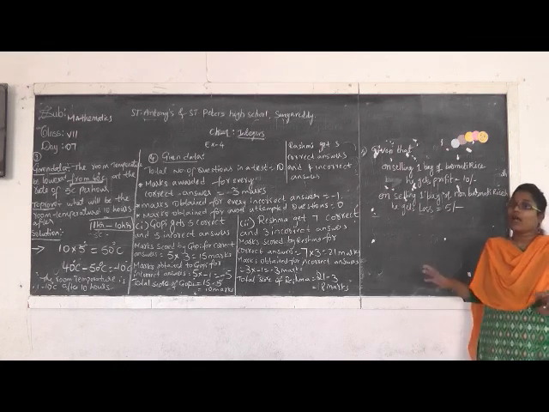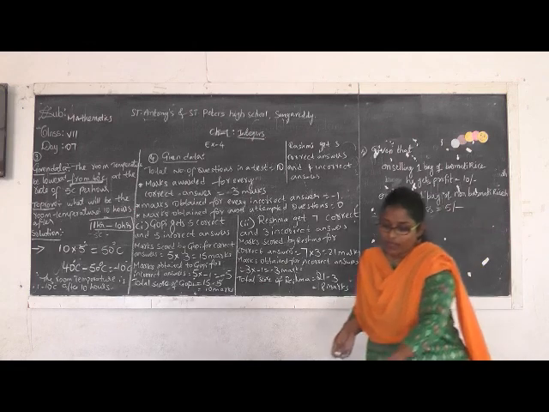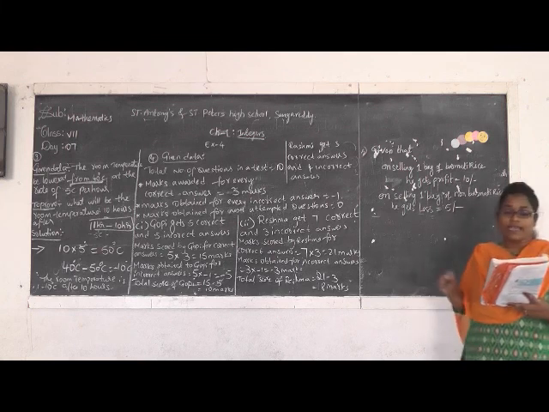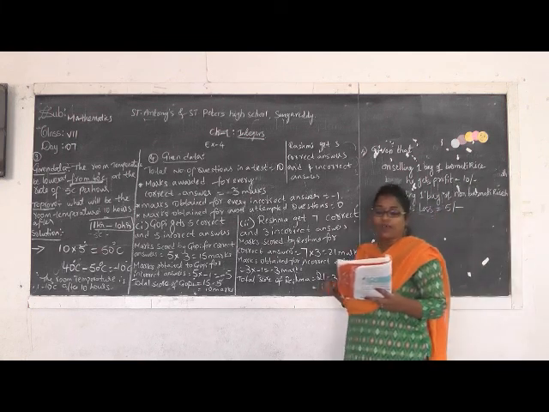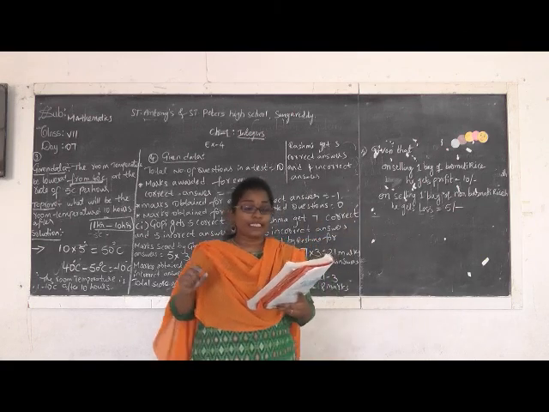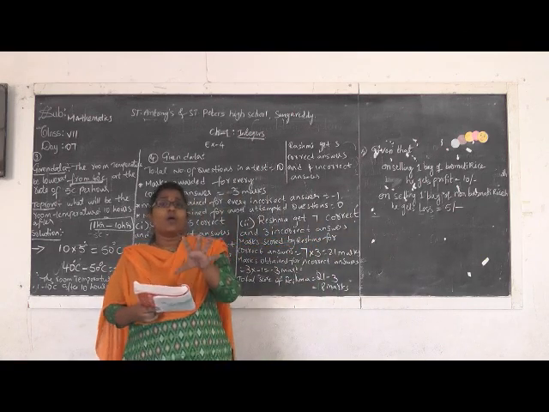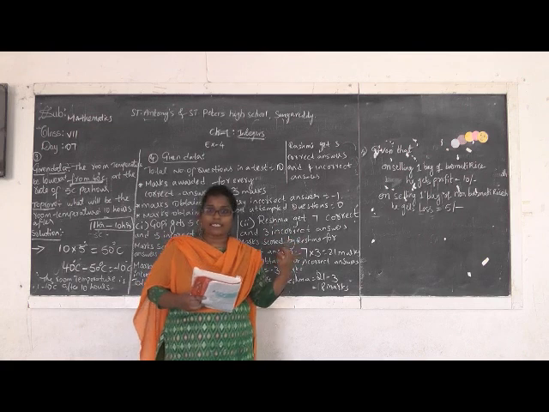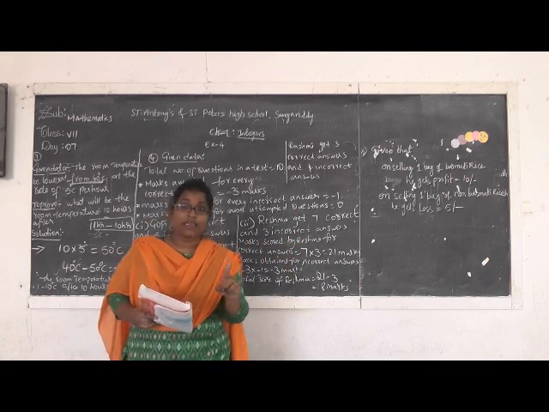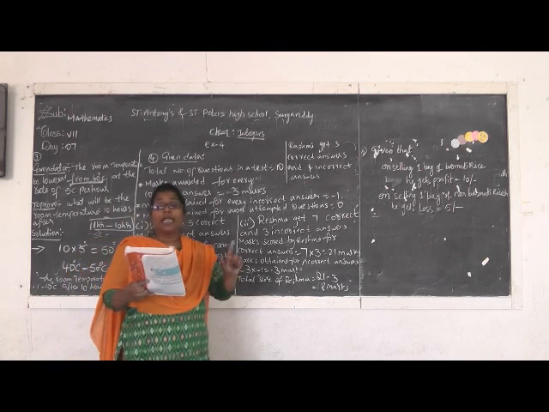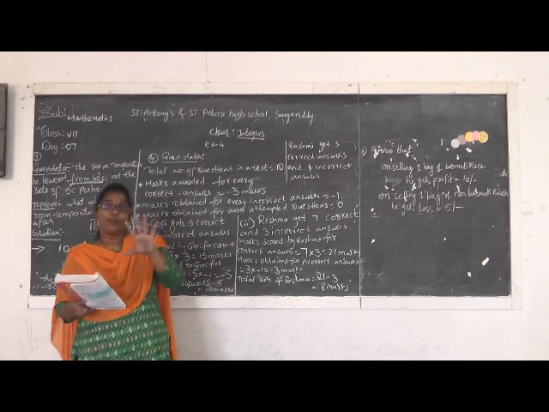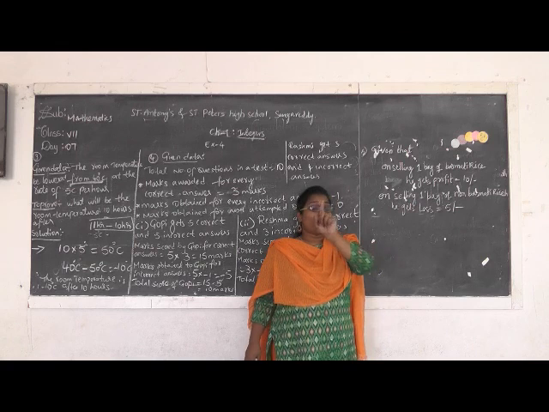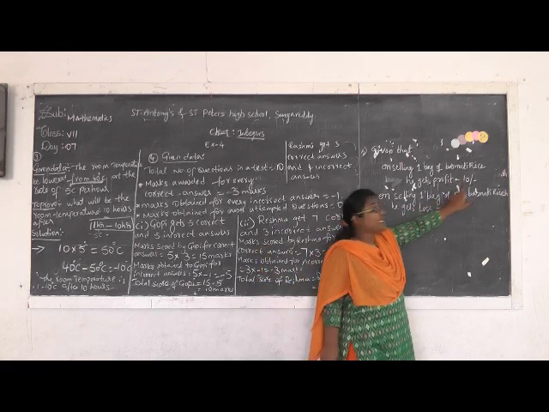Now let's move to the 5th question. It is also related to the multiplication of integers. I am reading the 5th question, so you go through it. A merchant on selling rice earns a profit of 10 rupees per bag of basmati rice sold and a loss of 5 rupees per bag of non-basmati rice sold. So, if he sold a basmati rice bag, he used to get a profit of 10 rupees. If the same person sold non-basmati rice, he used to get a 5 rupees loss. Look here, I wrote here, if he sold one bag of basmati rice, he used to get 10 rupees profit.